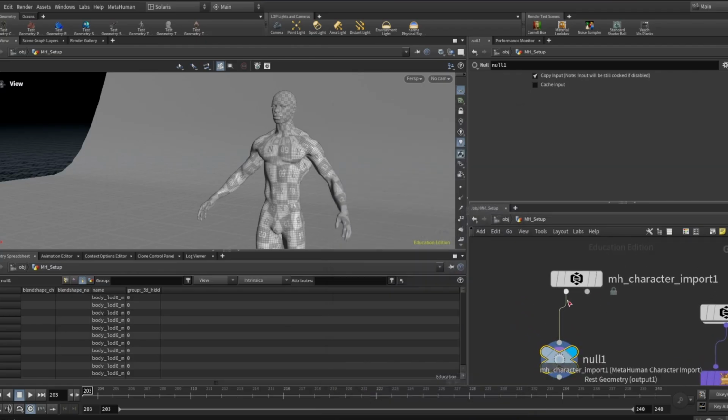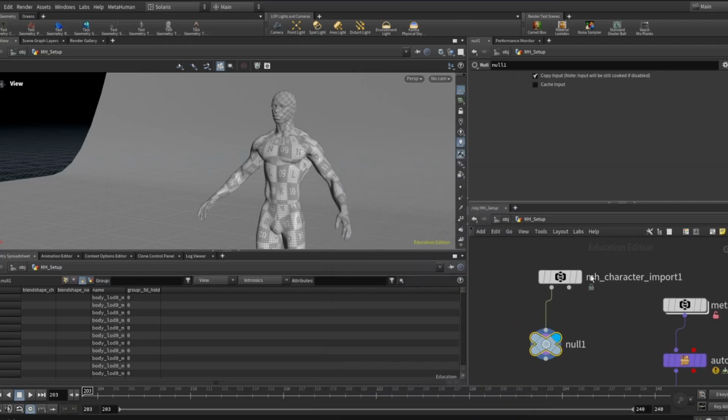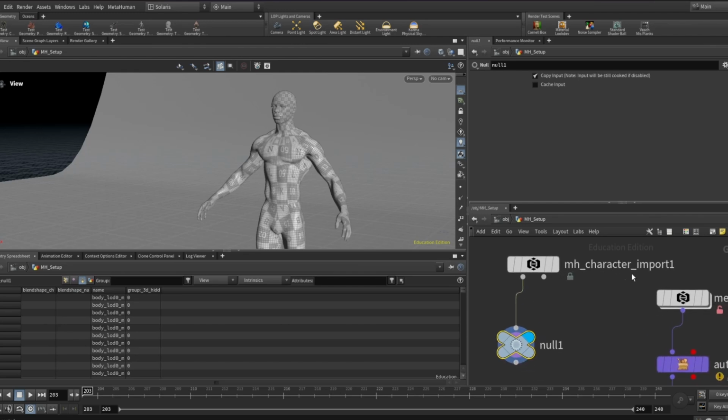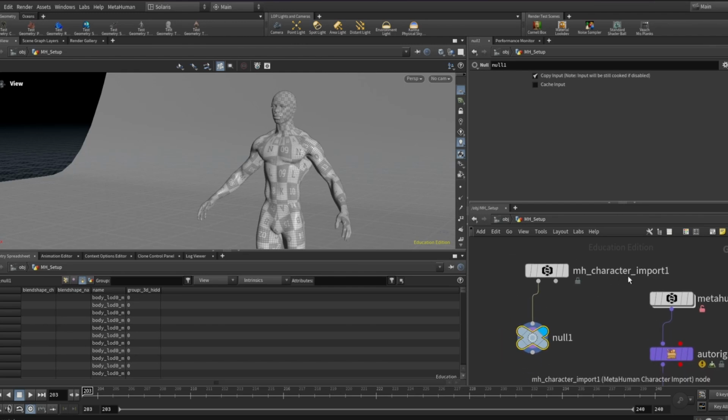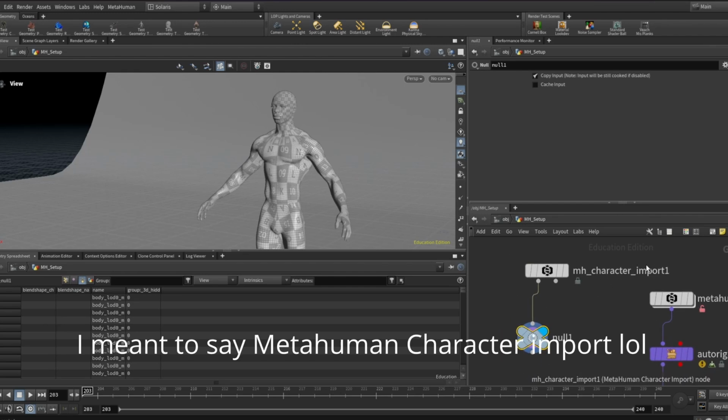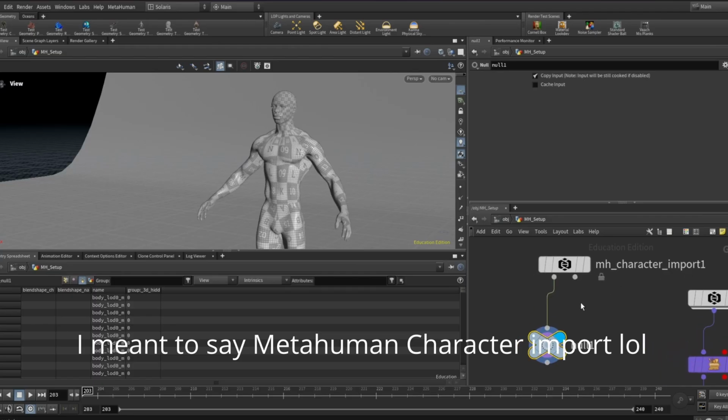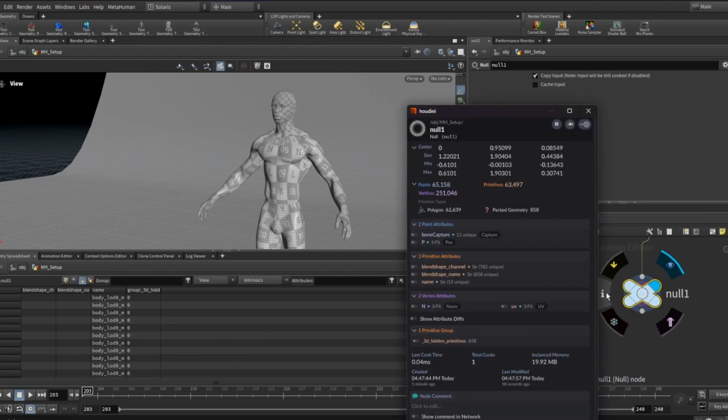This will be an FBX character if you were doing any other type of humanoid character, but for MetaHuman, I use the MetaHuman character import, and it is important to look for this attribute, the bone capture attribute,